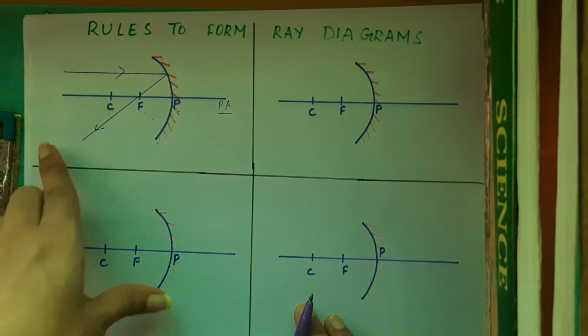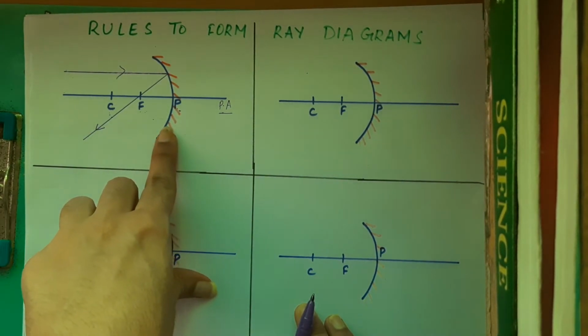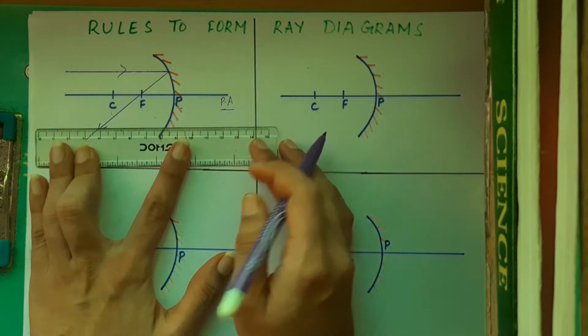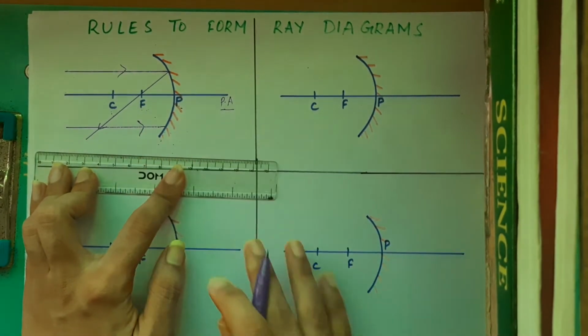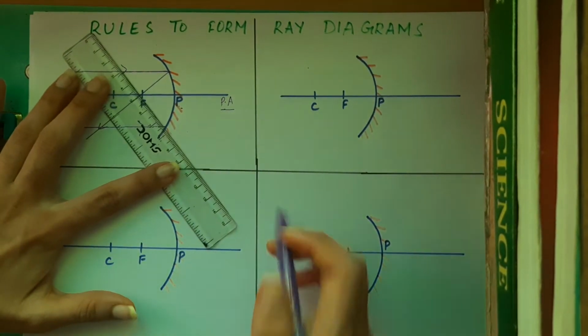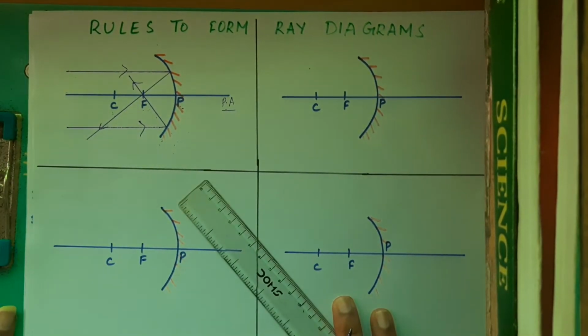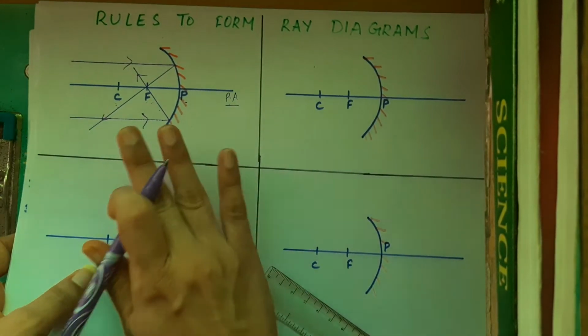It can be from the lower portion also. If the light ray comes from here parallel to the principal axis, after reflection it will go through the focus. So let me make that also. If the light ray is coming like this, it reflects from the mirror and passes through the focus. As you know, you only need at least 2 rays to form an image. So we'll be doing all the ray diagrams considering only 2 rays of light. So let's move on. This is the first rule.